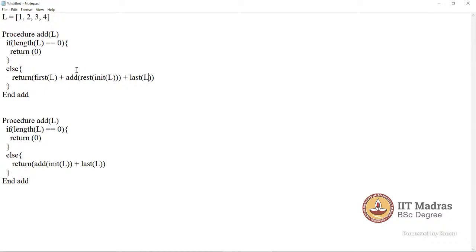Every compiler has its own way of doing it. Sometimes it is from left to right, or sometimes from right to left. Some compilers are even more advanced, so that they can compute this and keep this one on hold. That is also possible. So it depends on how the software is developed and how advanced it is.